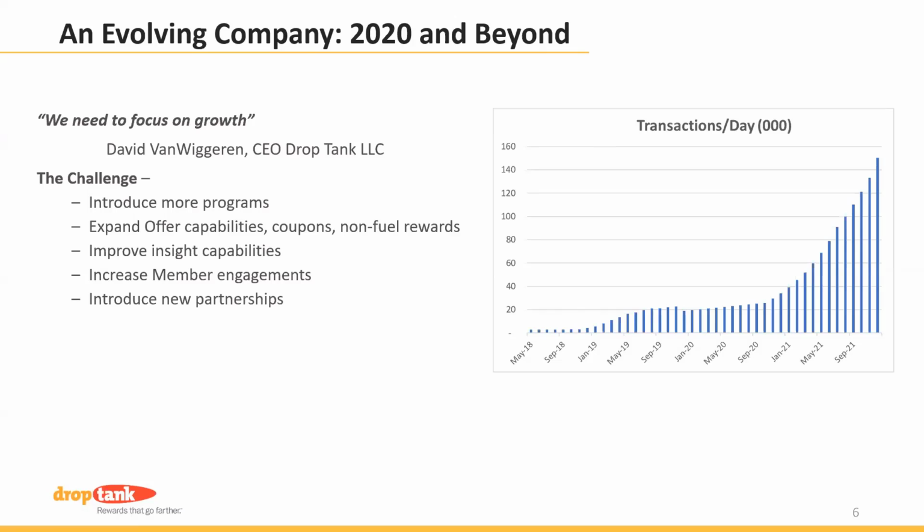Now the one correction, this graph is about 3 months old. Just like the rest of the world, we were impacted heavily by COVID, right? As people were not driving here, our transactions went down about 40% from the end of March through April. It's recovered. So I didn't make those updates in here, but you can see where we're hovering now. We're at about low 20,000 transactions a day.